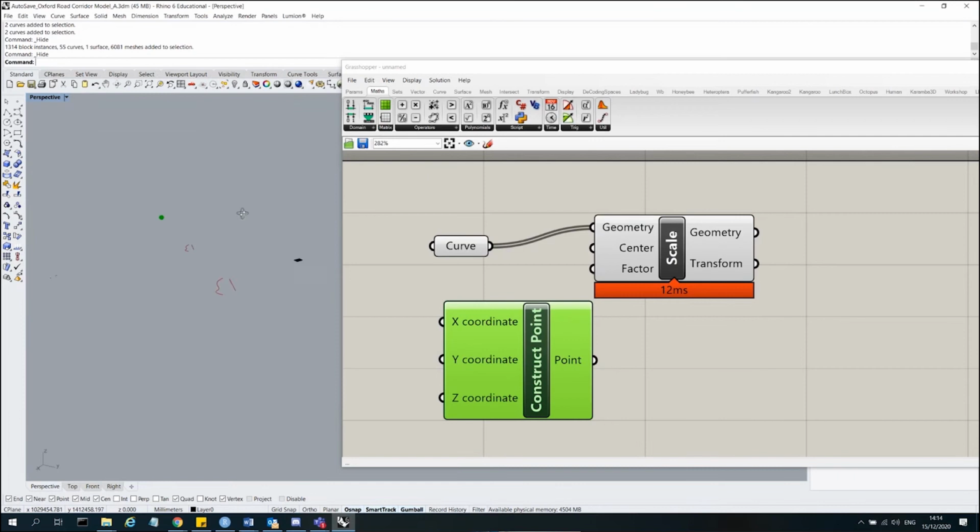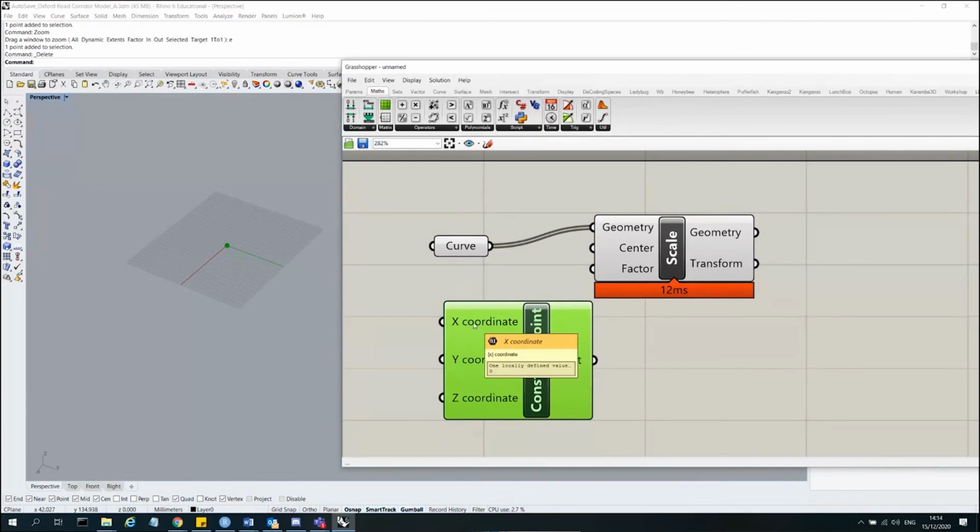And if I zoom out, and zoom in here, so 0, 0, 0, enter, zoom extents. Okay, finally. So if I zoom in right here, you can see this point